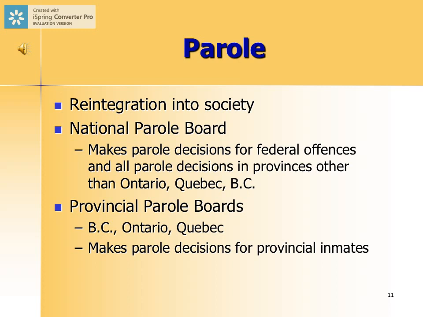And again, the important thing to remember is that the parole system is absolutely integral to the concept of reintegration in society. So a principal tenet of the Canadian criminal justice system is to get offenders back in the community, or ex-offenders back in the community, where they have a much greater chance of rehabilitation and treatment. And parole is a fundamental aspect of getting offenders out of prisons, which are not nice places and not great places for rehabilitation, back into the community. And again, what's important to remember is that while they're on parole, they're still under the jurisdiction of the correctional system, and they are still to be supervised by the correctional system.